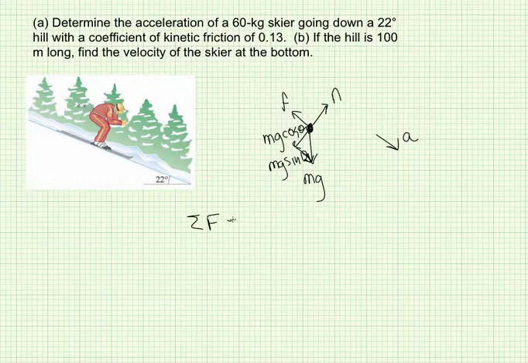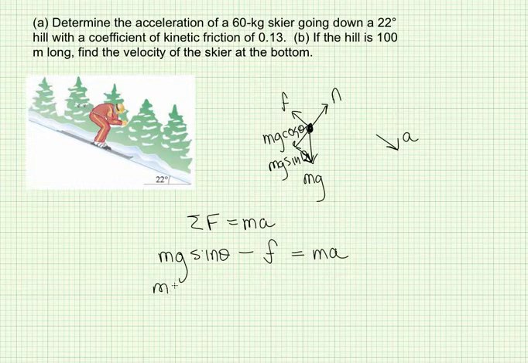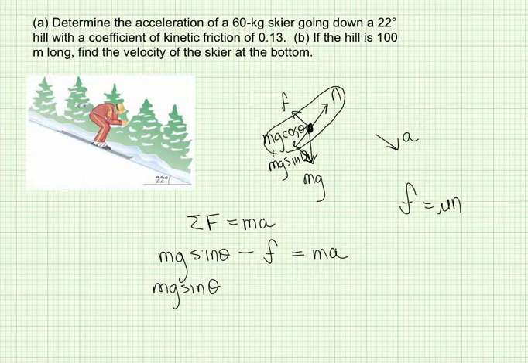Sum of the forces equals the mass times acceleration. Which force is causing the skier to go down the incline? We know it's gravity, but it's not all of gravity. It's not mg. If it was mg, she would be in free fall. She's not in free fall, so it's just mg sine of theta. Friction's opposing the motion, so we're subtracting it, equals the mass times acceleration. What does friction equal? And we know that friction equals mu times the normal. And in this case, the normal equals mg cosine theta. So I'm going to come over here and go mu times mg cosine of theta